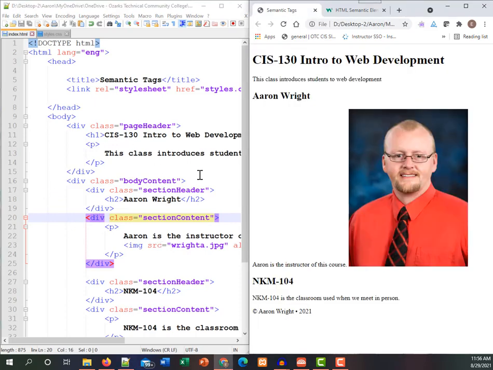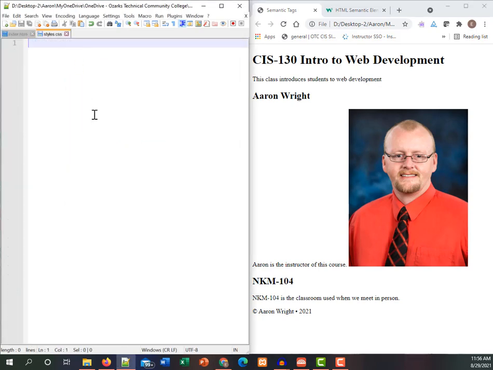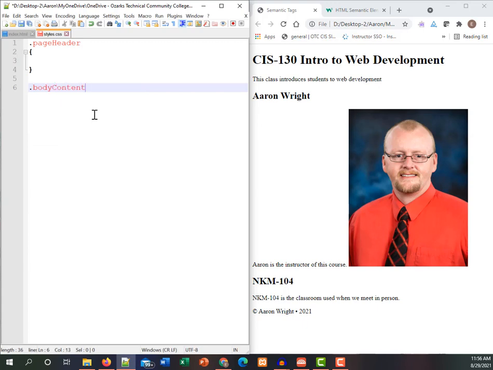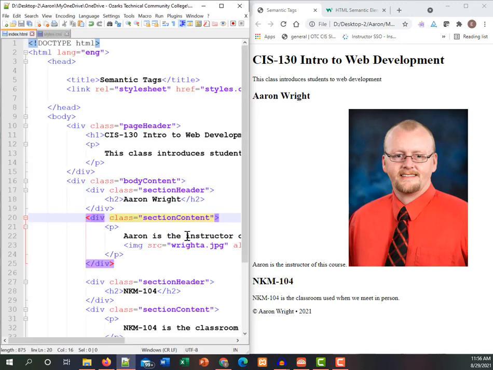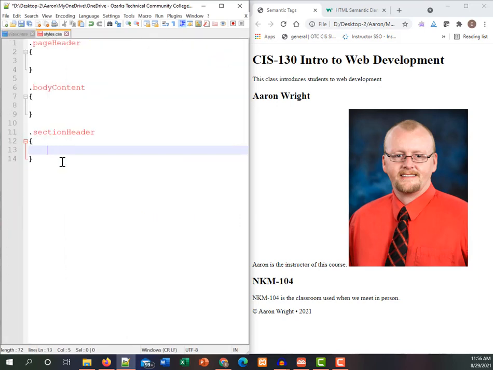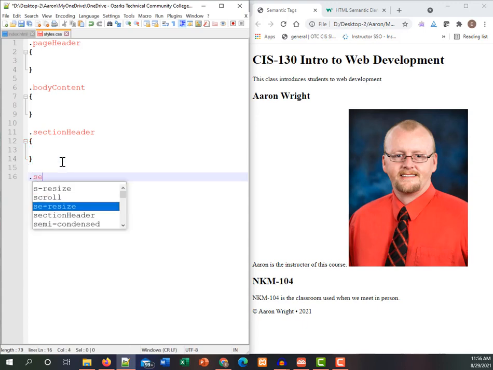I can style page header, body content, section header. So dot page header, dot body content, dot section header. Remember, because these are all classes that I gave it, we didn't give those IDs, so we're using that dot and then the class name. We have section content and footer. All right. So dot section content